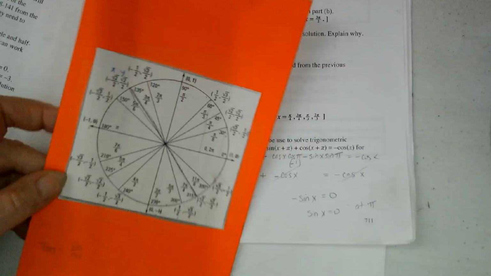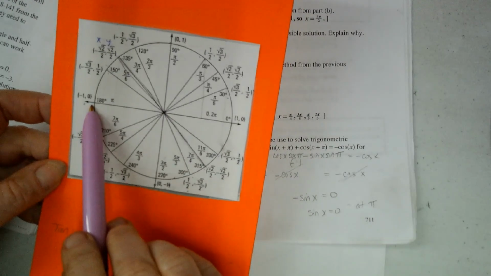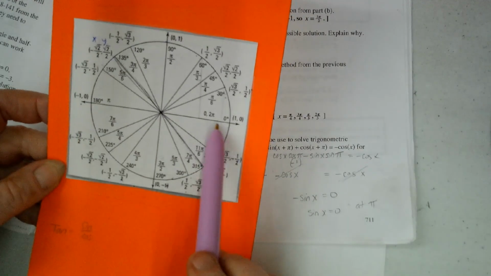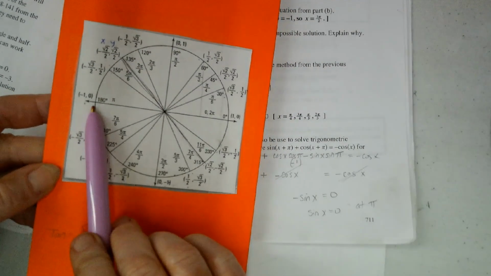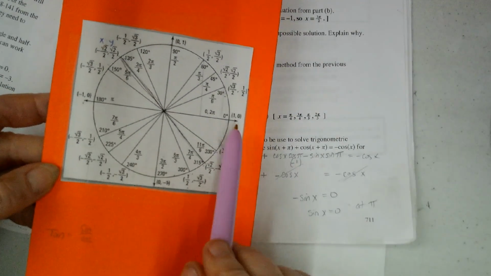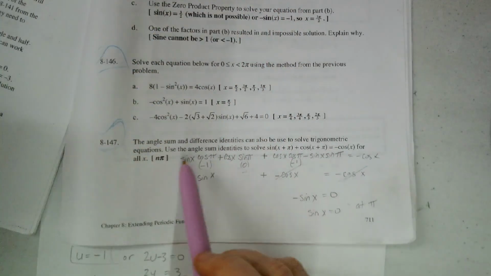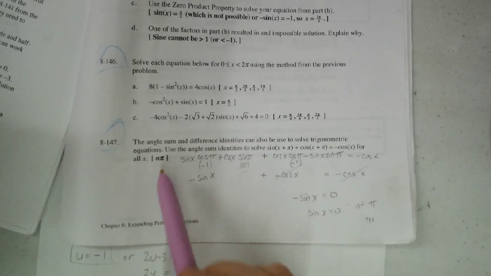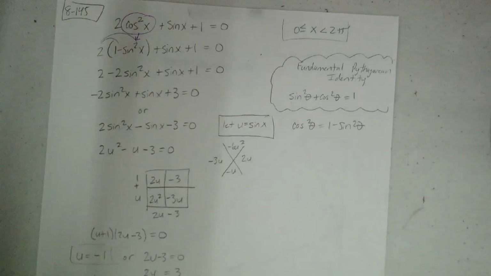Sine x equals 0 at pi. And also at 0 and 2 pi. But there's lots of them, actually at pi and at 2 pi. It can go around, so we're going to say pi times n. That was 8-147, and then the last one we're going to do is